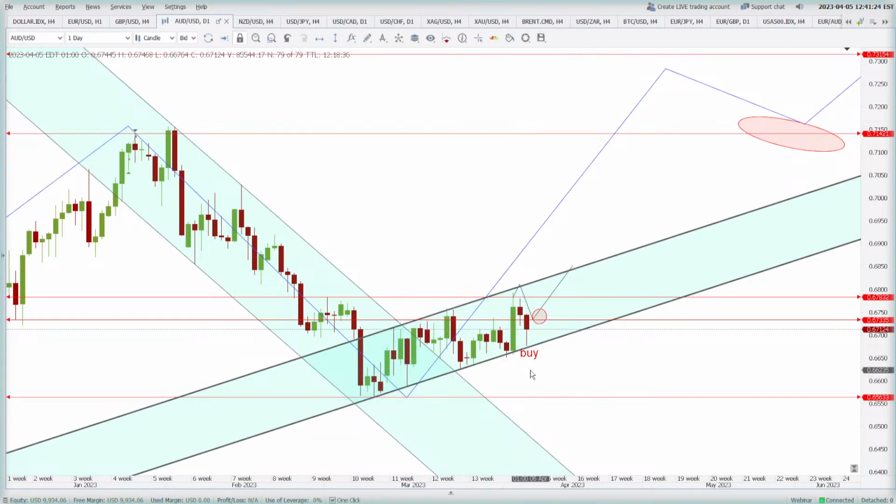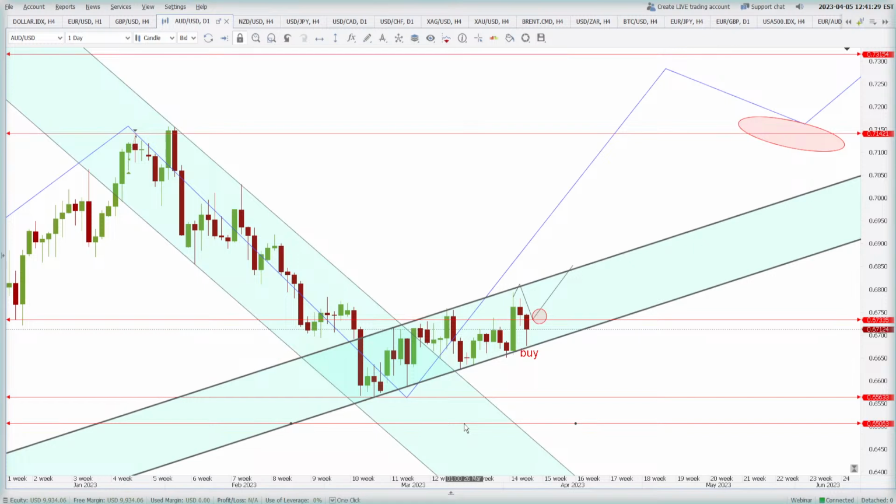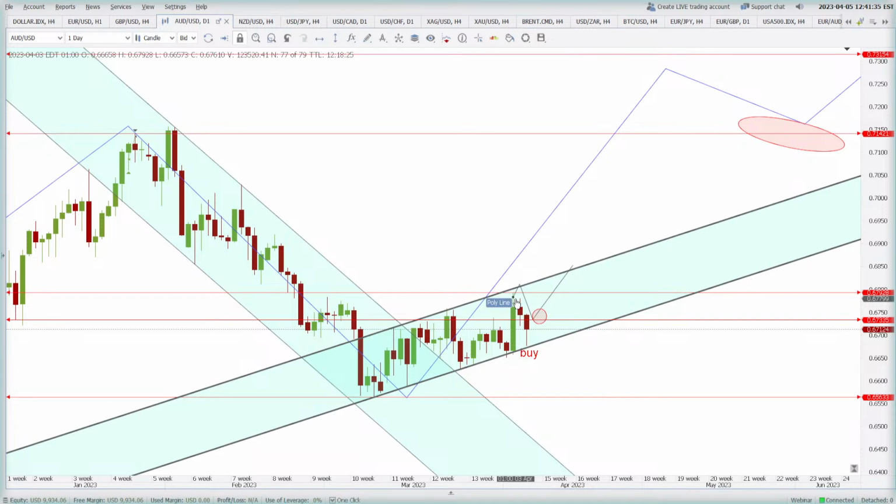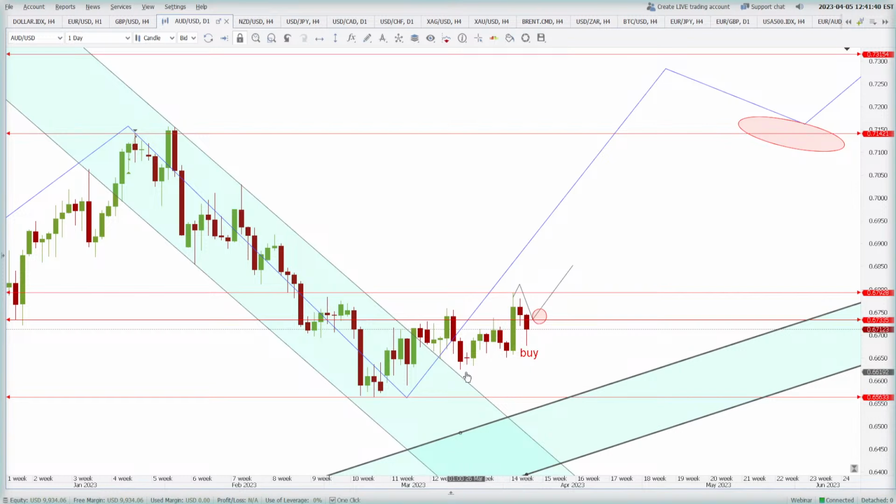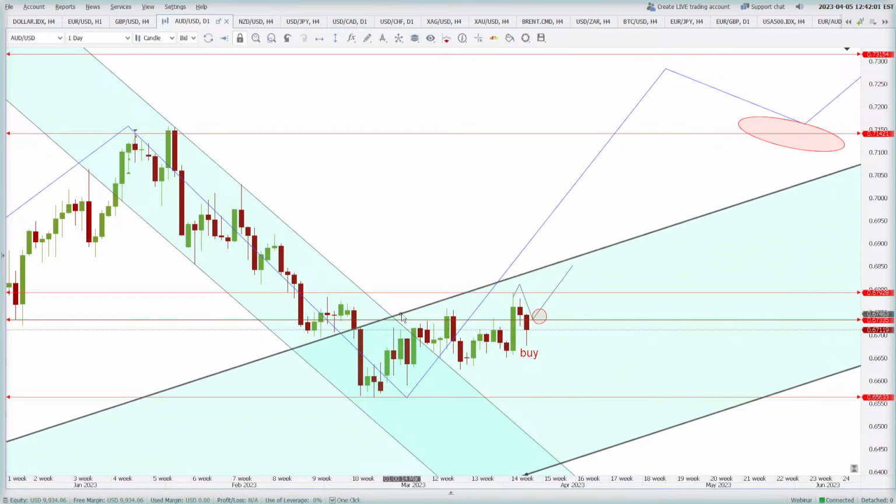So we are in a buy mode here in the Australian dollar. But what are the next levels that we should keep an eye on? This recent high that the price has made, 0.6792, is the recent high that the price made 2 days back. Then price made a higher high than this one, so we are looking for a buying entry. Say we have done buying. But when will we become sellers? Okay, I got it.